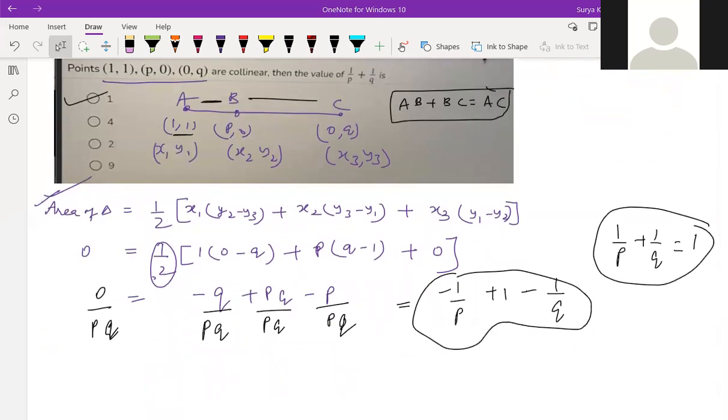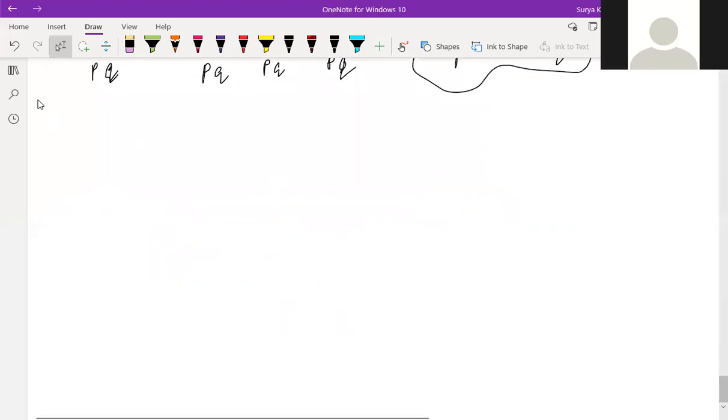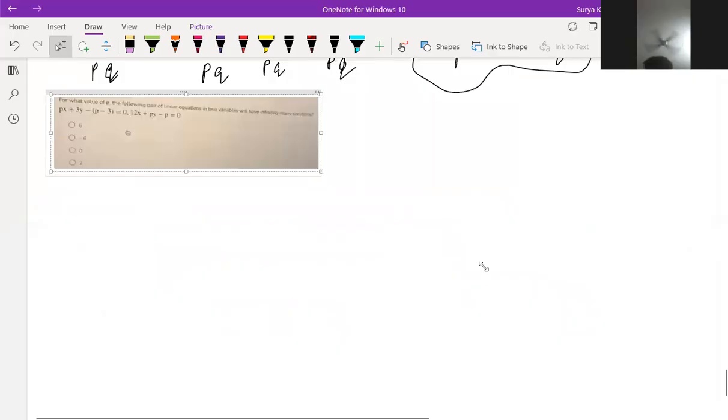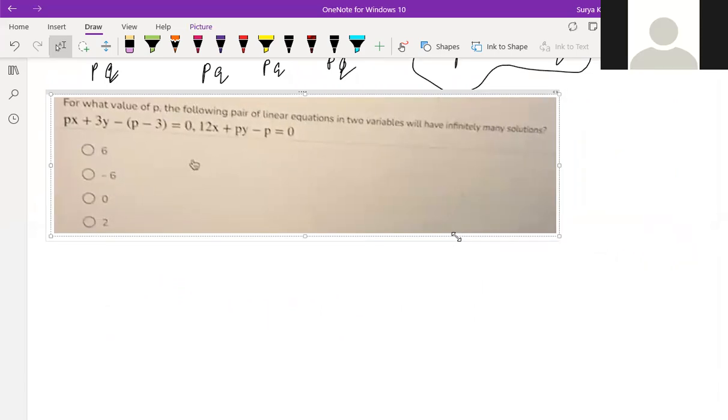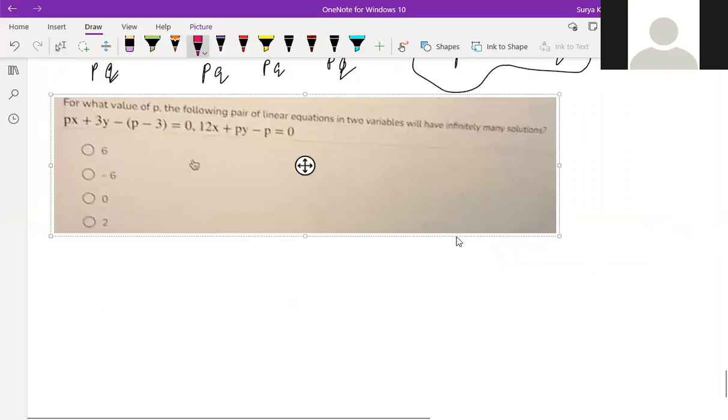Next question. This question is also easy only. You might be having this question, Nihar. Can you see this question? Yes, sir. So this is easy only. So there are two equations. Sir, this is time consuming, like I have to try for each option. No, very less time this will take.